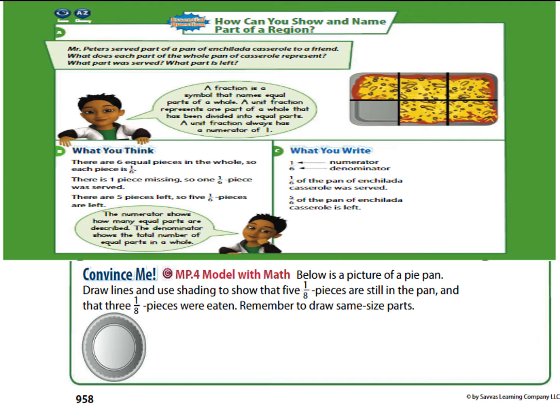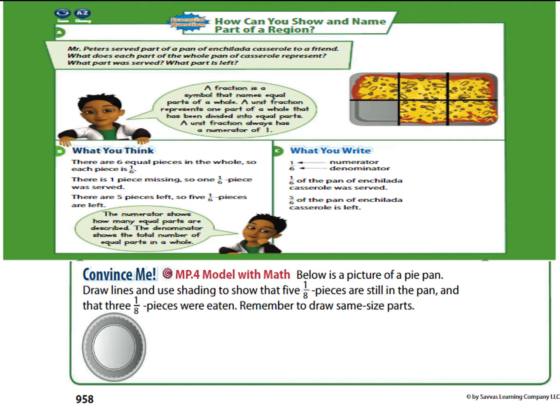Now look at the picture and you will find that there are 6 equal pieces in the whole. So, each piece is 1 over 6. Look at the picture and you will find that there is one piece missing, right? So, 1 over 6 was served